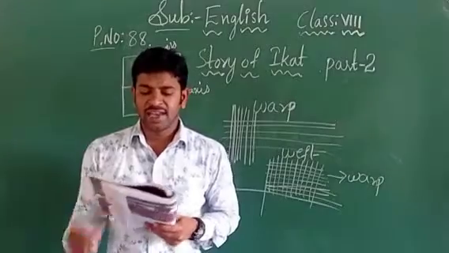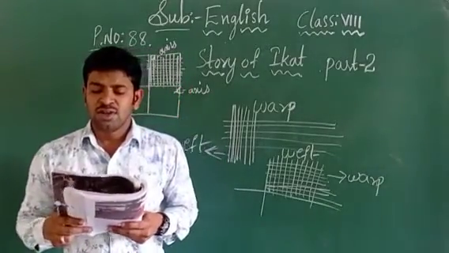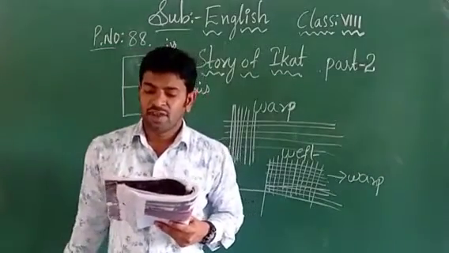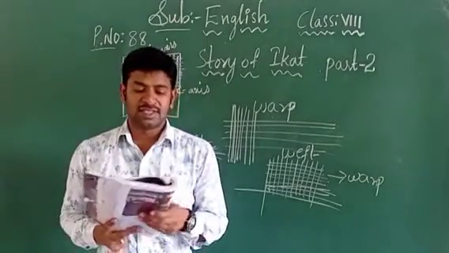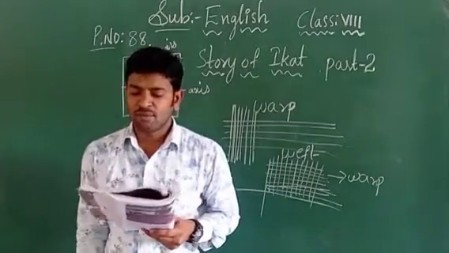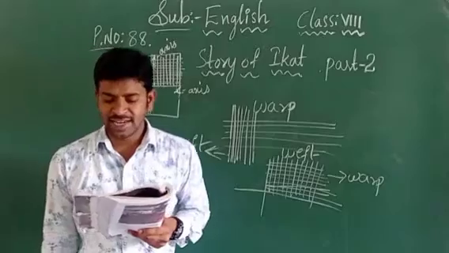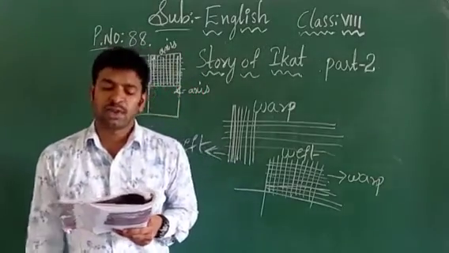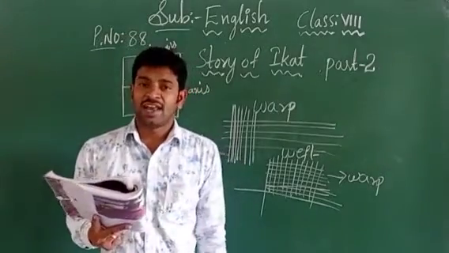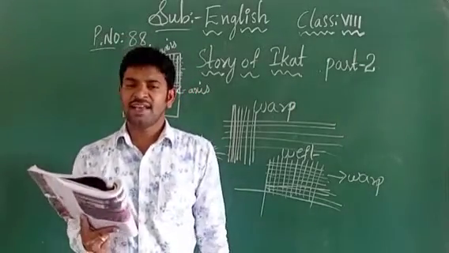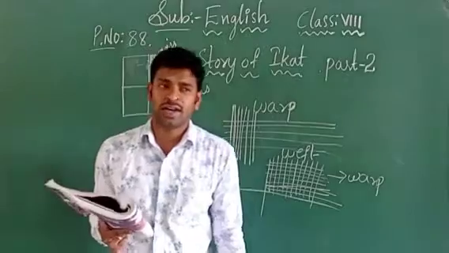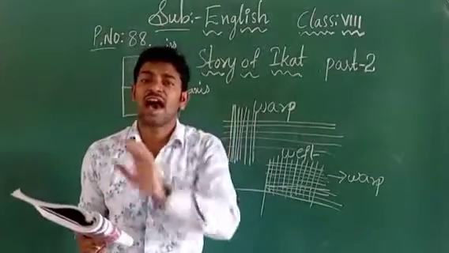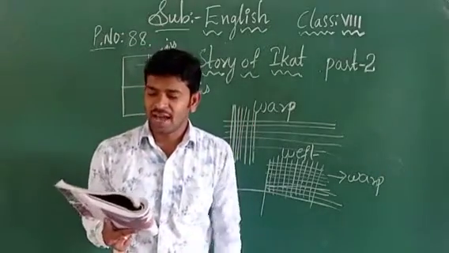Janaki said, in Ikat, the threads are carefully sorted, warp and weft divided into bundles, then tied with locally available waterproof material like plastic sheets, rubber strips from car and bicycle tires, then dropped into colors. So what is Janaki, the teacher, telling here? In Ikat, the threads are carefully sorted. Sorting is nothing but carefully arranged.